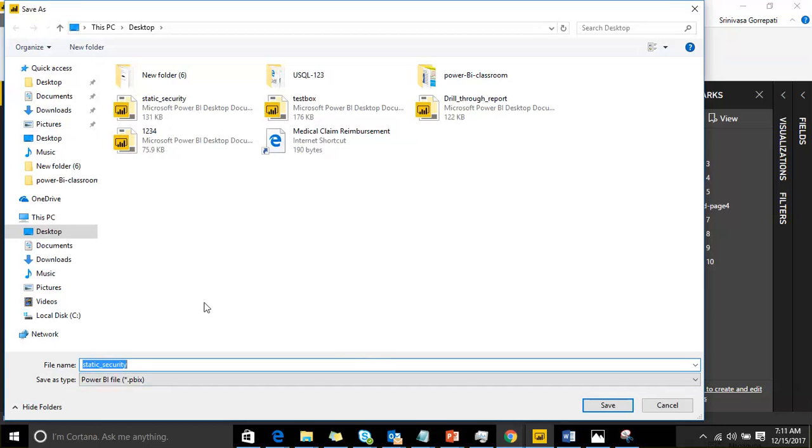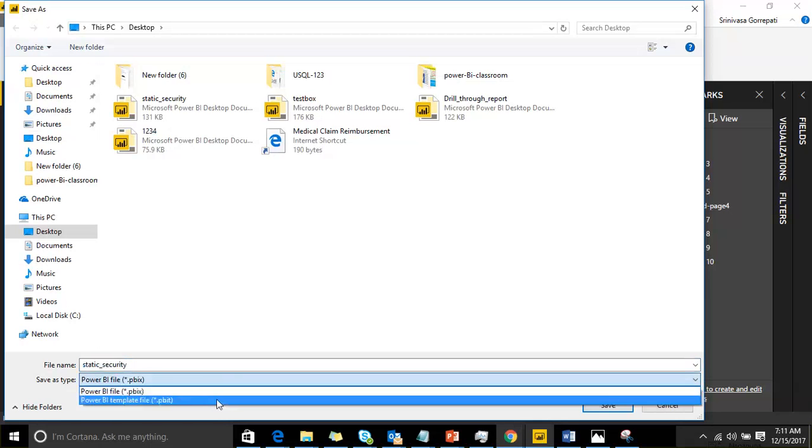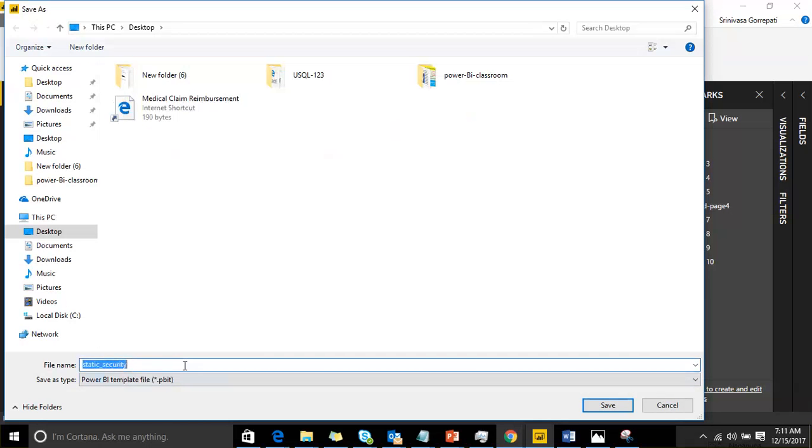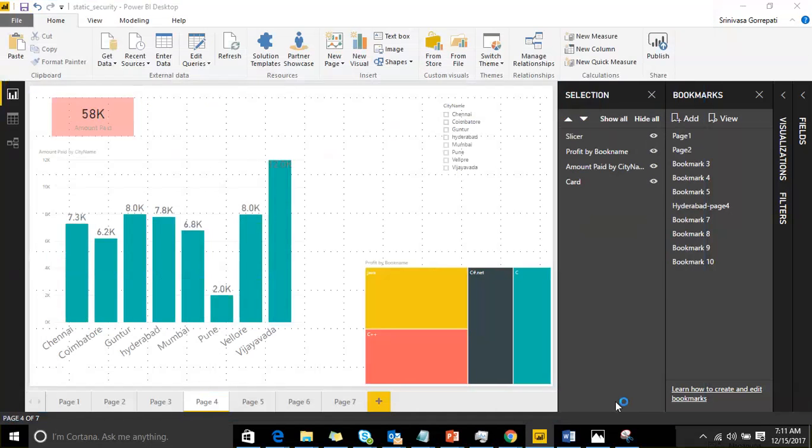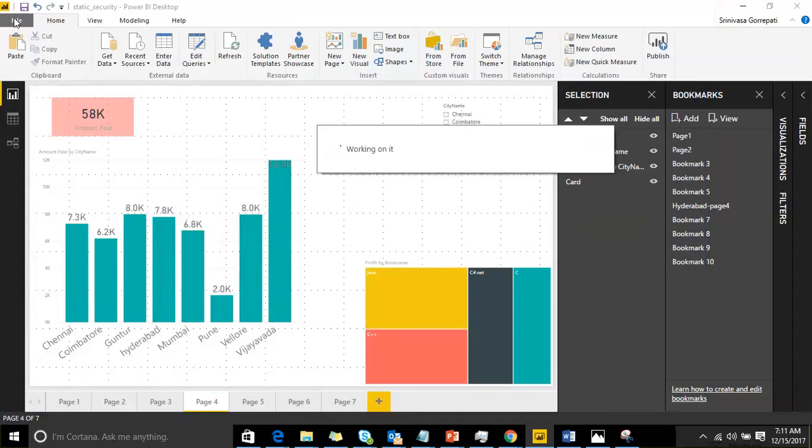If I need to create other reports, I would need to repeat the same work, right? Instead of doing that, you can save it as a template, so that whenever you require the same model and design, you can import that template. So I'm taking a new Power BI report.